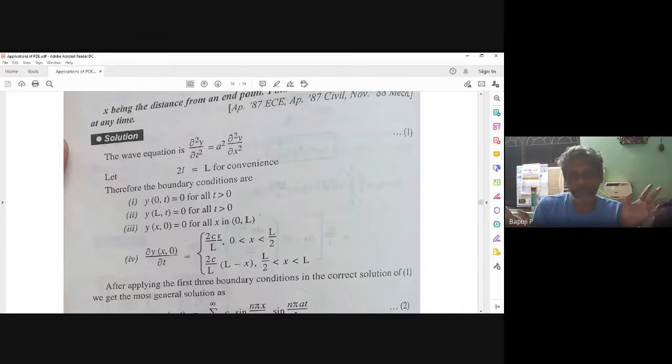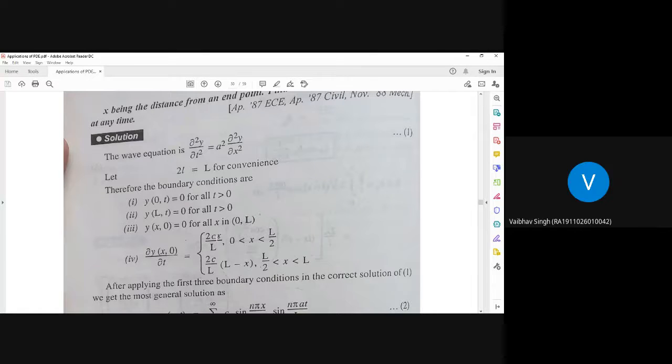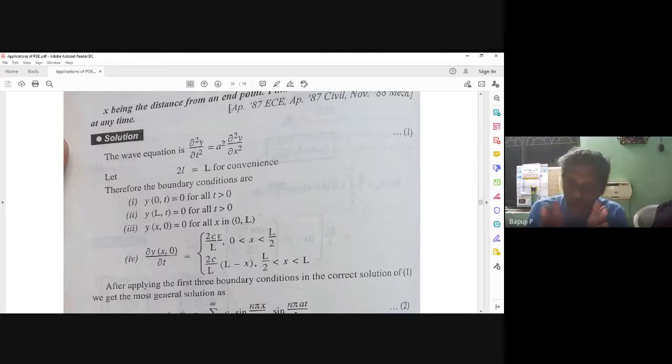I already completed that problem. The thing is, the story has to change. Same hero, heroine, but different stories. So the final touch-up we are giving is different, but the way of doing is the same or not? Wherever you go, the half range sine series is the same or not? Tell me. Yes, sir. Whatever it may be, you have to do the half range sine series. From 0 to L by 2, you have done 2bx by L. From L by 2 to L it is 2b by L into L minus x, where capital L is appearing. Whatever I write, the solution is the same or not?